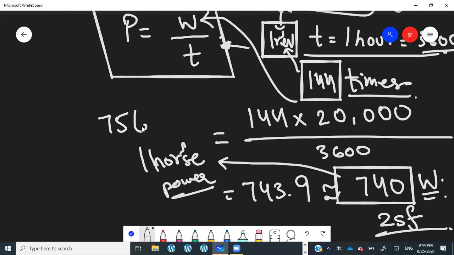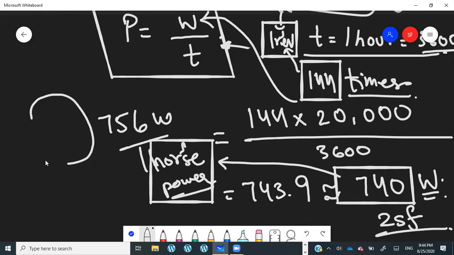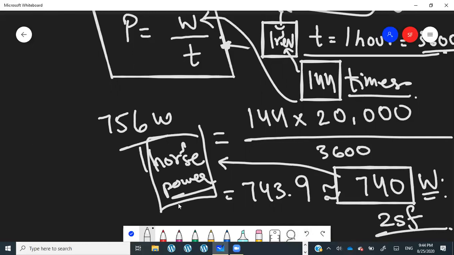It's actually approximately 756 watts. Horsepower, do you know horsepower itself is a unit of power? Usually it is used in cars. Yeah, I get that. So horsepower, this is what it actually means. It's the power generated by one horse. Okay? Yeah, they specified that in the question. Yes. They specified it in the question as well.